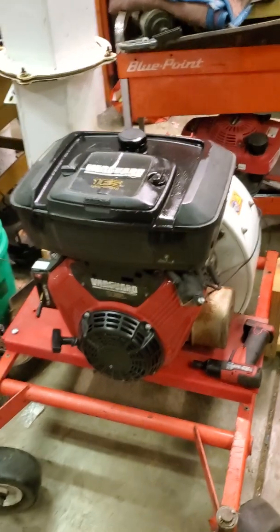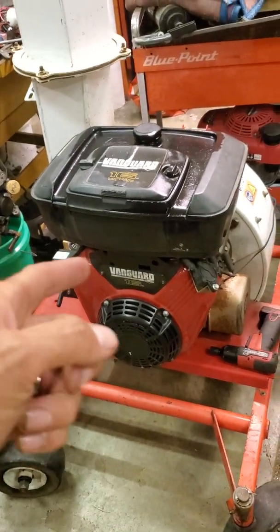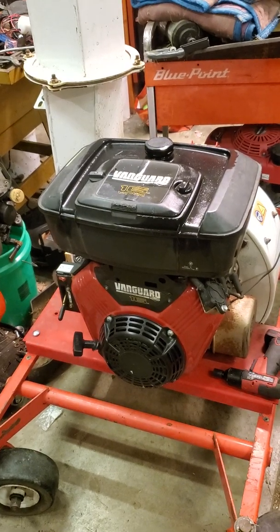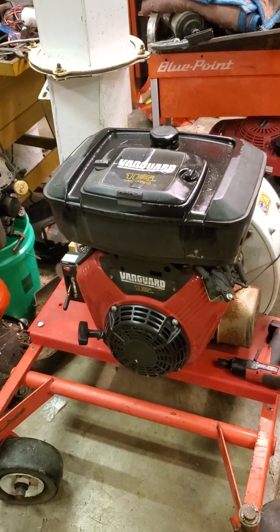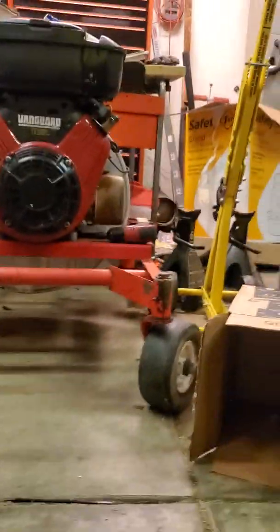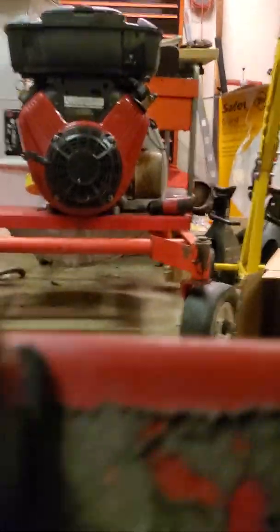But if you can find one of these on Facebook, this is one of the ones that I would definitely hardcore try to find and get. Honestly, you would think being a recoil start would make it very difficult to start. Let me see if I can prop this up for a minute just to show you how easy this thing is to spin over. Maybe we can jam the phone right here. I'll just hold it. Alright, so